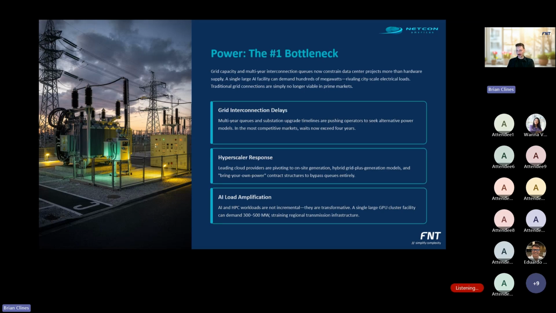In the most competitive markets, Northern Virginia, Silicon Valley, London, Singapore, Frankfurt, interconnection queues now exceed 4 years. Substations need upgrading, transmission lines need expanding, and none of that happens quickly. So what are the hyperscalers doing? They're not waiting. They're pivoting to on-site generation, natural gas, renewables paired with storage, and structuring bring-your-own-power contracts that bypass